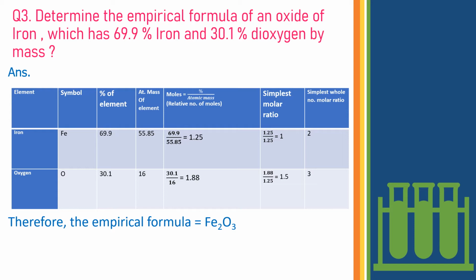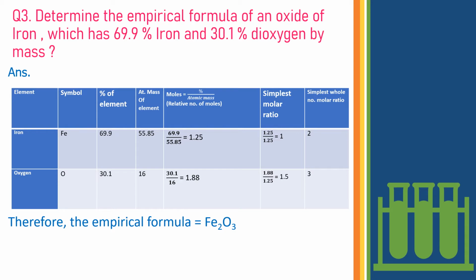So first of all, for calculating the empirical formula, we have discussed this very table, and how it will be helpful or easy to find out the empirical formula by simply using the table. So the first column is for the element, and what are the elements present?